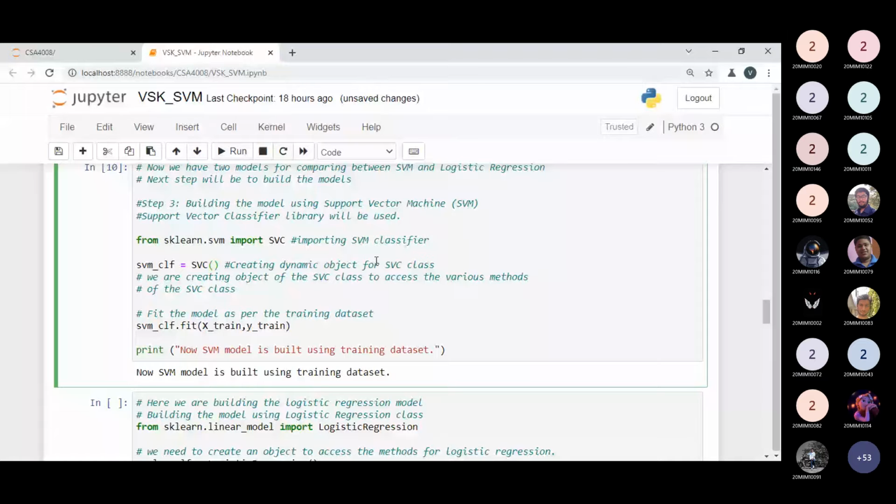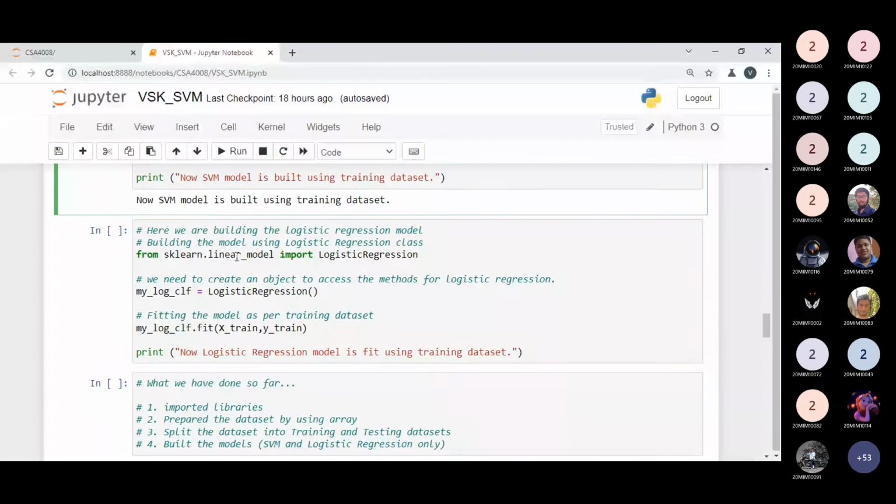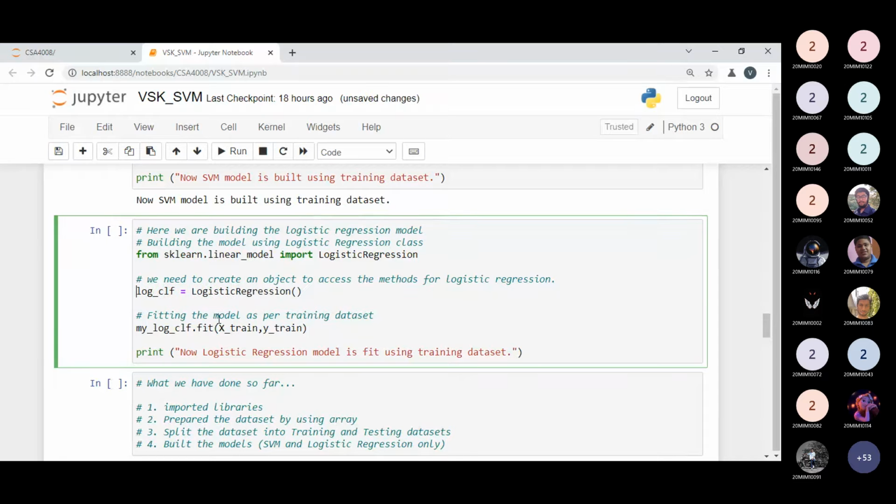Yes, sir. Okay. And like the logistic regression model we have seen previously, from the linear model library in the sklearn package, we are importing the logistic regression class. We have to define the logistic classifier object from the logistic regression class, and with this object we have to fit our model.